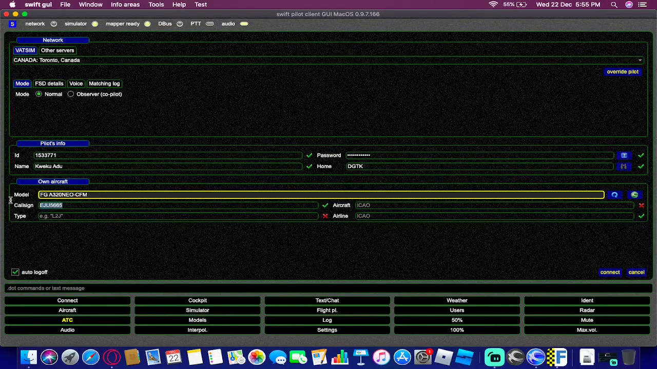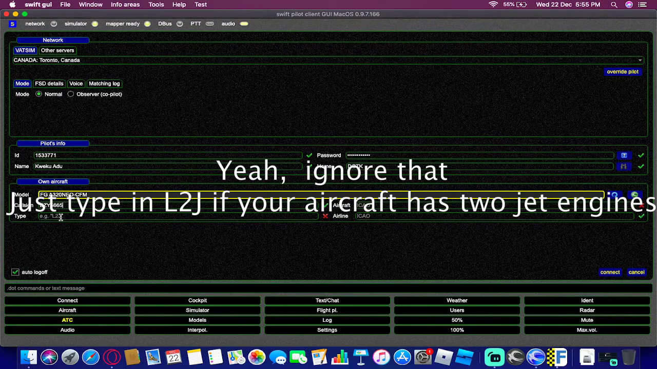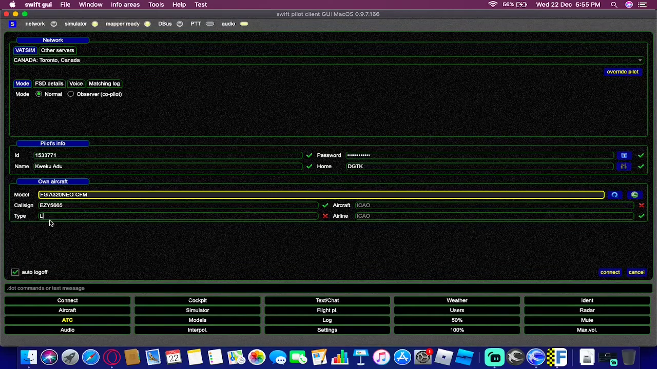So I'll go ahead and enter it right now just to show you. So Easy 5665. Now the type here is the engine type. So we have an L system for lights, right? Two. So let's go ahead, type in L2J. Anyway, so on aircraft, you want to go ahead and enter